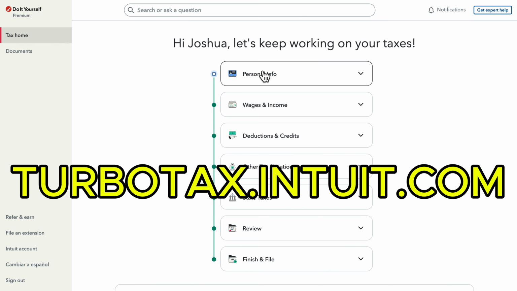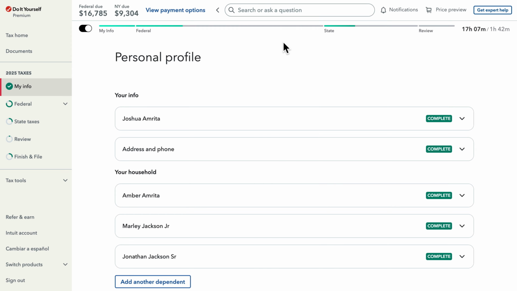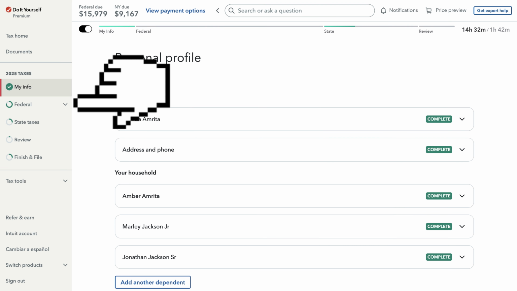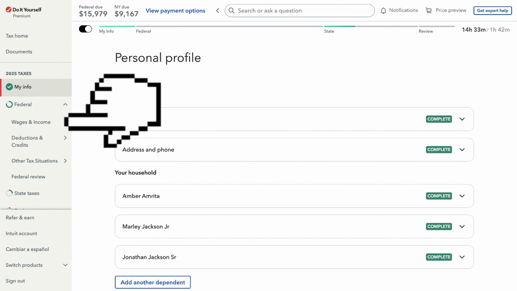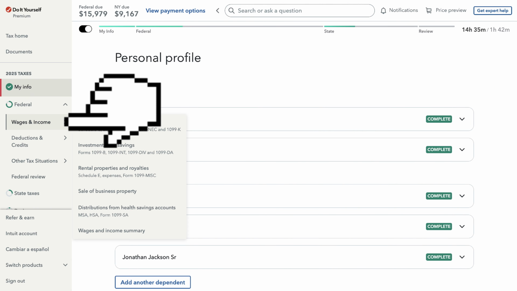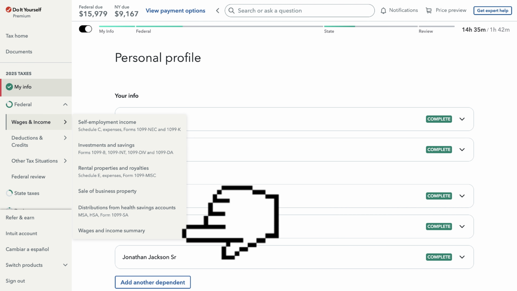After you sign in to your TurboTax account under turbotax.intuit.com, you want to click on this Federal button at the left side of your screen, then click on Wages and Income just below it. While you hover your mouse over Wages and Income, you want to choose Wages and Income Summary, which